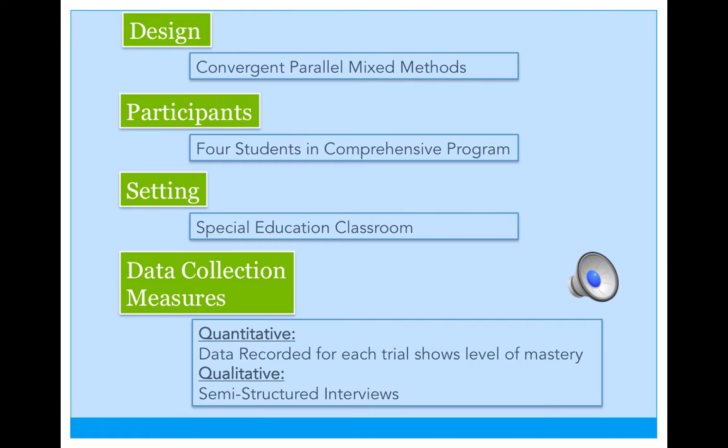And I'm hoping that this will really make my case a lot stronger when I'm making conclusions based on the study. The participants I'm going to use for my research are the 4 students in the comprehensive program. It makes a lot of sense because I'm already working with these students and they're already spending half or most of their day in the comprehensive needs room, which is a separate area, and they're spending a lot of time working one-on-one with adults, and I think that it's totally manageable to implement this research design